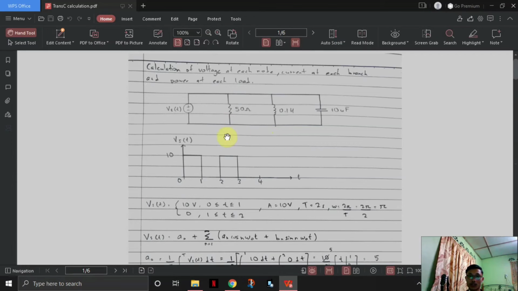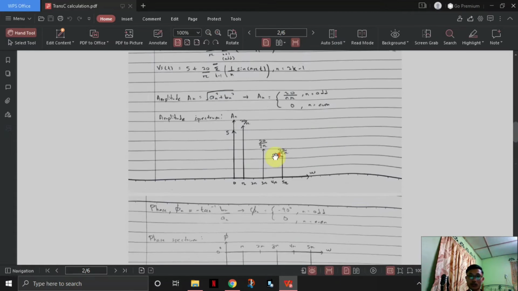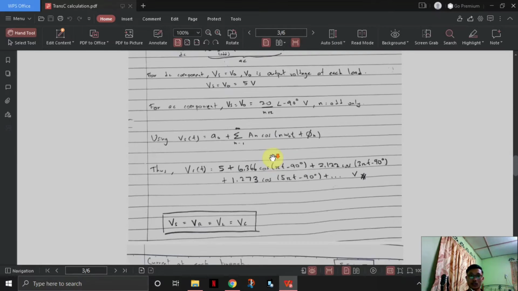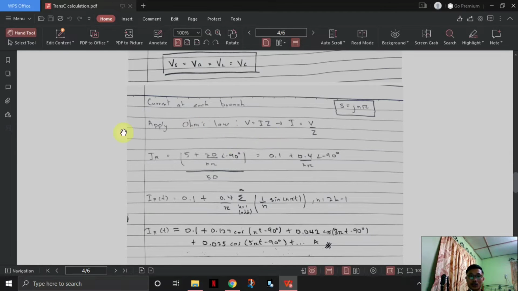Current for each branch, this is for IR, IL, and IC. So by applying Ohm's law, V equal to IZ, and then we simplify it because we need to find I. So I equal to V over Z. So for IR, the V is 5 plus 20 over n pi at an angle of -90 degrees, and we'll divide by Z, which is the resistance, 50 ohms, and then we'll get 0.1 plus 0.4 over n pi at an angle of -90 degrees,